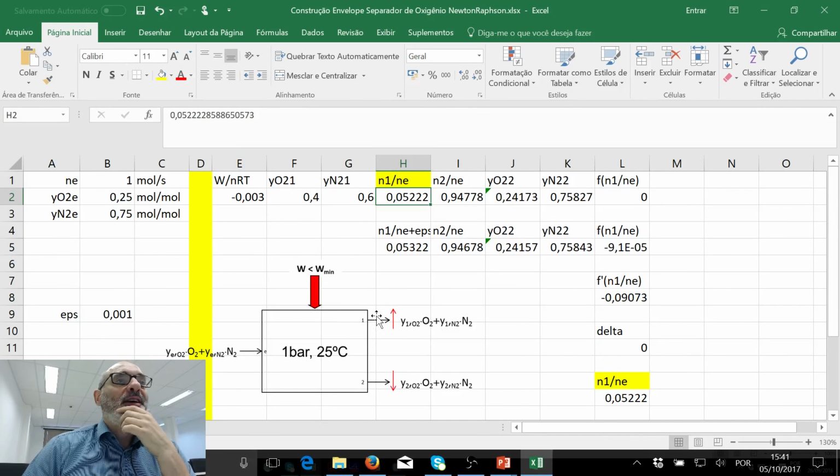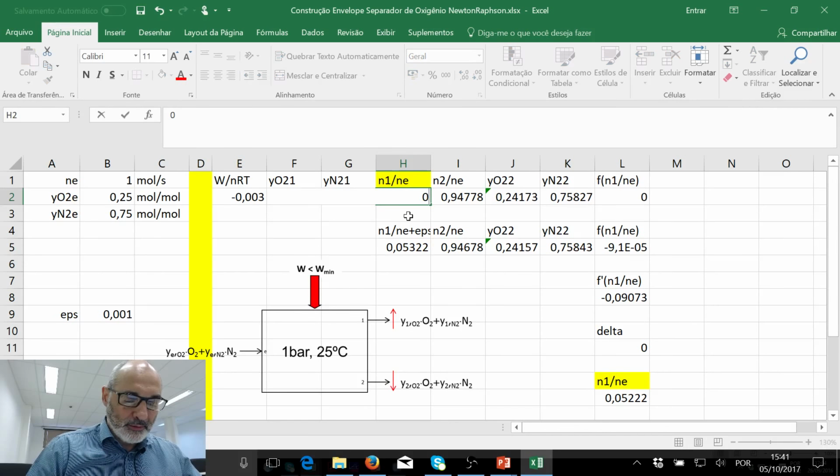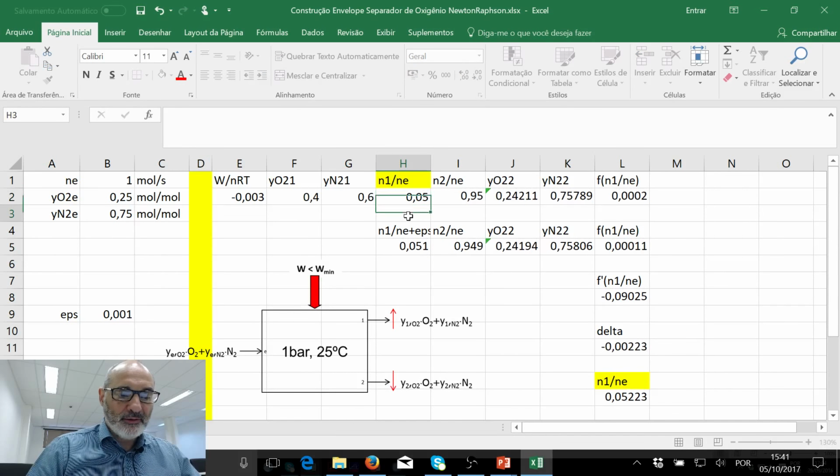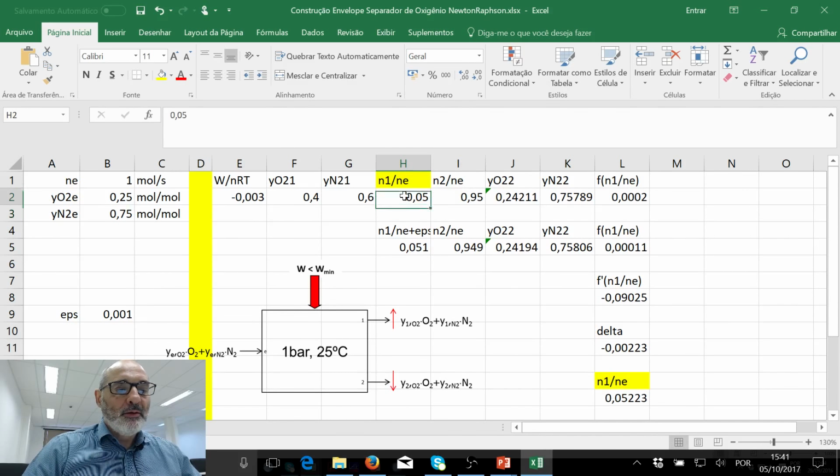Okay, so now starts the Newton-Raphson method here. It starts by estimating the variable N1 divided by Ne. That's the unknown that we're going to solve with the help of the Newton-Raphson method. So I'm estimating that, let's put a round number, 0.05. Okay, so when I do this,